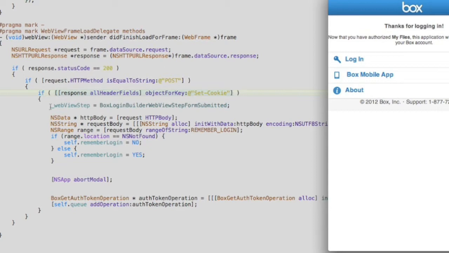So all these steps that need to occur, dismissing the window and then getting the auth token from Box, are not going to occur because the setCookie header is no longer present, because they've changed their HTTP responses for the login. As you can see, this block gets skipped,